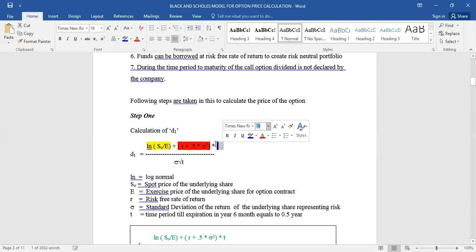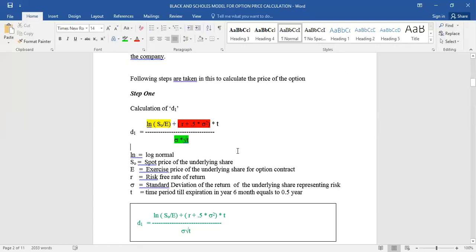So let me take another color for that, because that color is not visible exactly on the board. So let us keep it no color. So the last part will be that color. Then whatever is the answer for this has to be divided by this part, which I'm highlighting with green: root of T, where T is the time duration in years. If it is 6 months, 0.5; 3 months, 0.25; 1 year or 12 months will be 1, multiplied with sigma. So, for clarity for those who have difficulty interpreting this, sigma multiplied with root T.